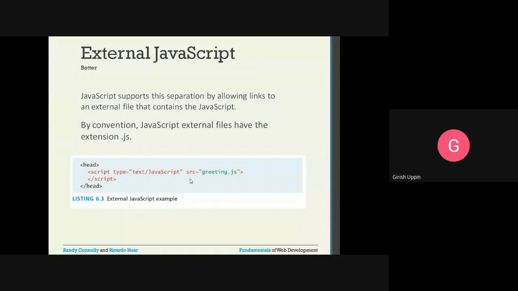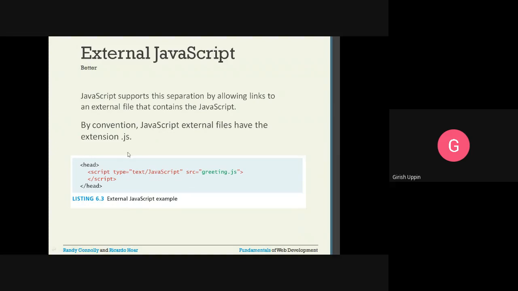Maintenance wise, it will be very easy. And if later you want to make any application changes, then it will be very easy. If the change is related to the styling, then you will be directly working on the CSS files. If it is related to the HTML structure, the document structure, you will work on the HTML file. If it is related to the JavaScript, then you will look into the JavaScript file.